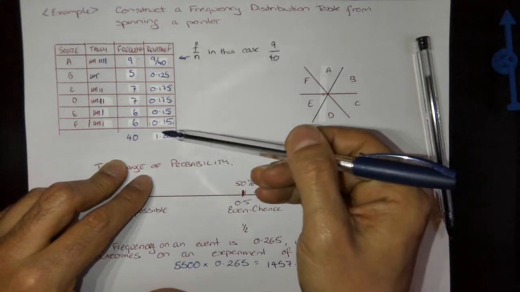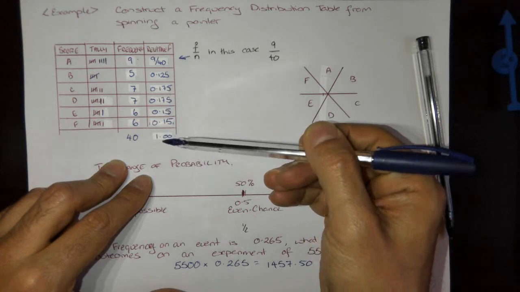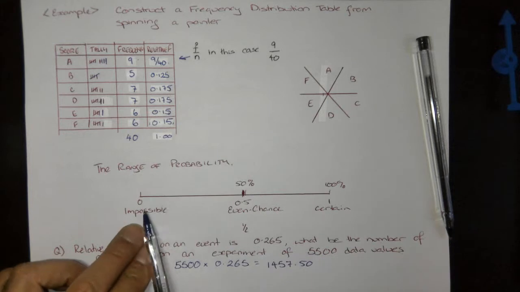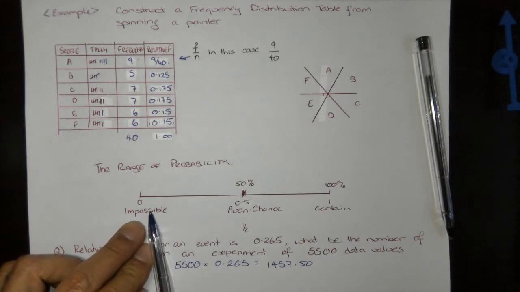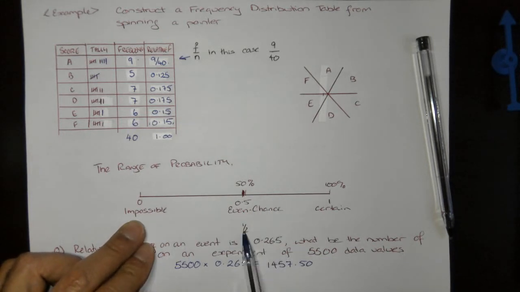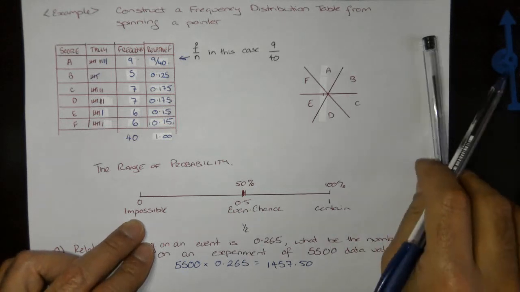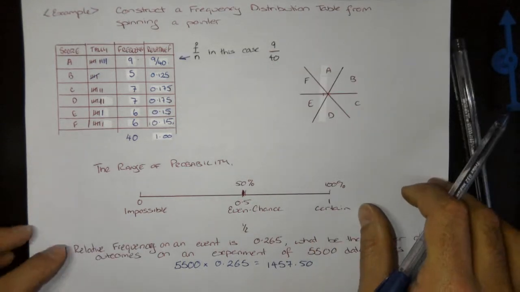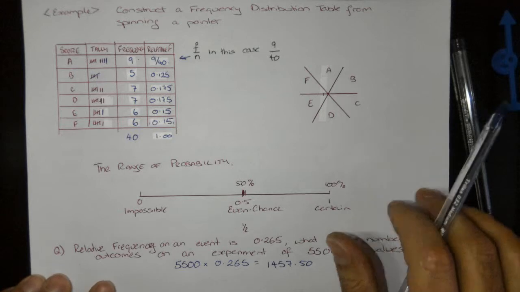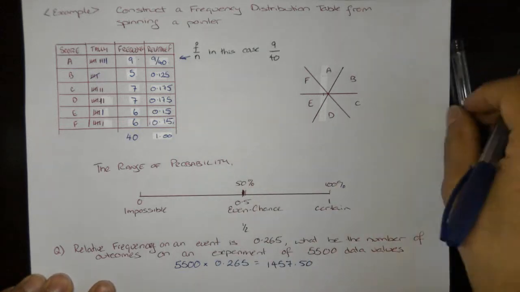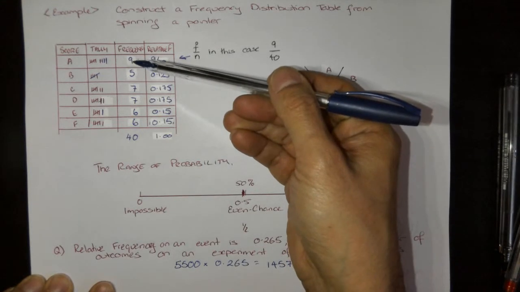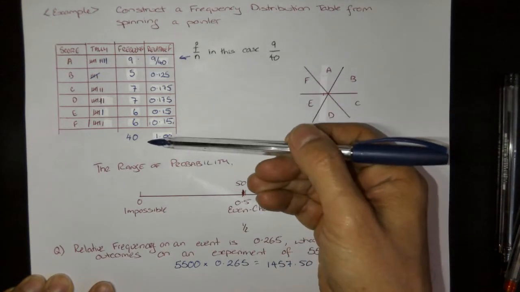I know that this has to add up to 1 because the range of probability goes from 0 all the way to 1, where 0 is impossible, 50 percent or 0.5 or a half is an even chance, and 1 or 100% is certain. So for all events to occur, I know that this has to add up to 1. So relative frequency is conducting the experiment and then calculating how many times that individual score has occurred over the total number of